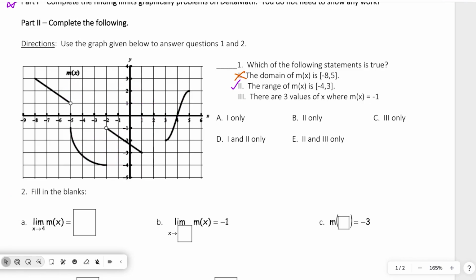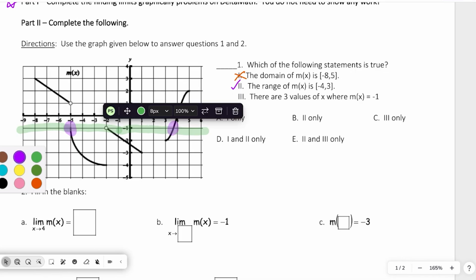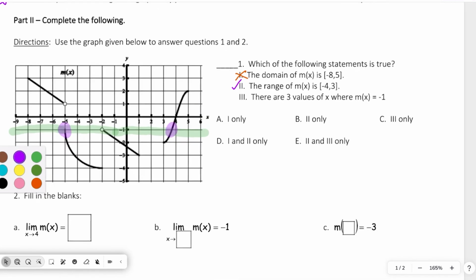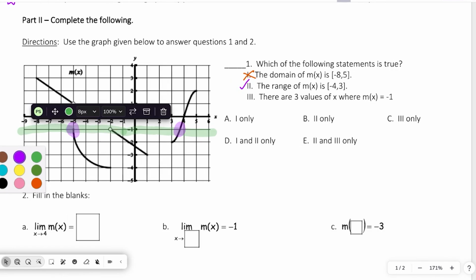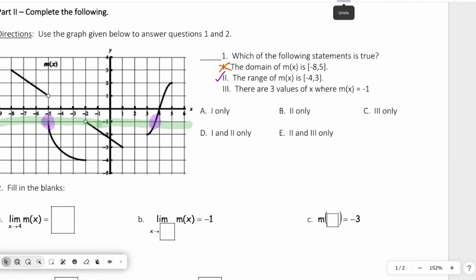And the third item says that there are 3 values of x where m of x equals -1. So m of x equals -1 along this horizontal line here. Okay. And so are there 3 values where m of x equals -1? I see one right here. I see one right here. And I guess really the tricky part of this question is understanding,